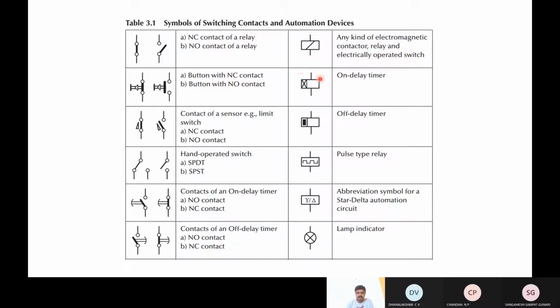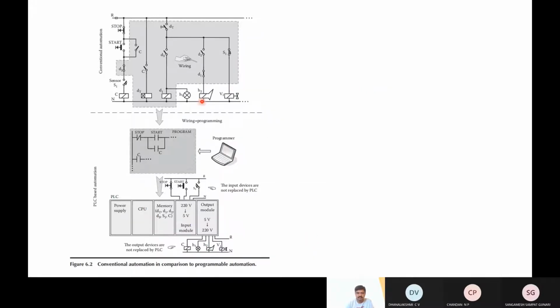In this case this is a relay, and this is a light lamp indicator. This is an alarm, and this is a solenoid valve. And this is an incomplete circuit. Just for understanding purposes, these three dots represent that the circuit will continue.